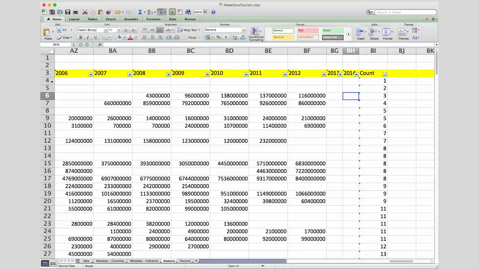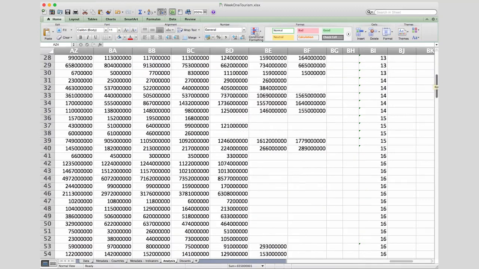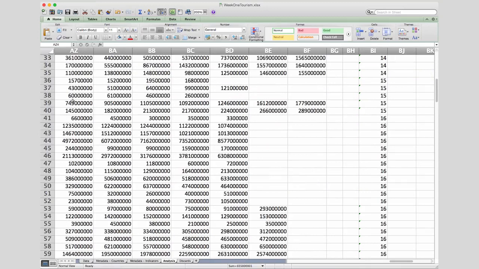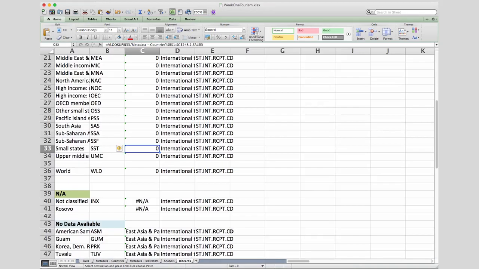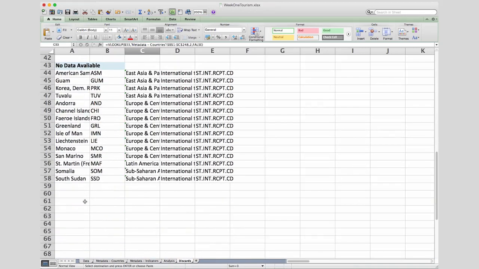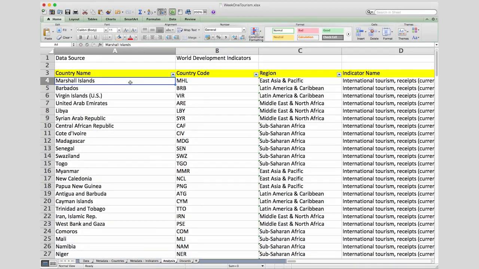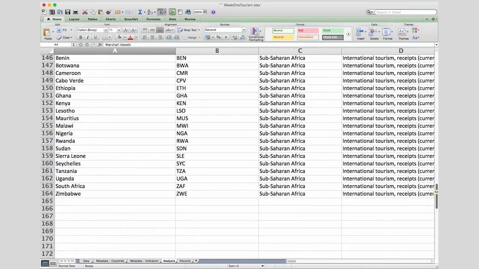Am I right? So let me go ahead and clear out all rows between row number 4 all the way up to row number 40. And I'm going to send this into the discards data once again. But this time I will say insufficient data. So how many countries have I been left with? Well, have a look. Starts at number 4, goes all the way down to 164. That's